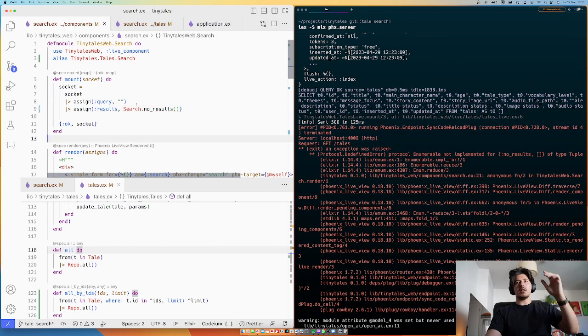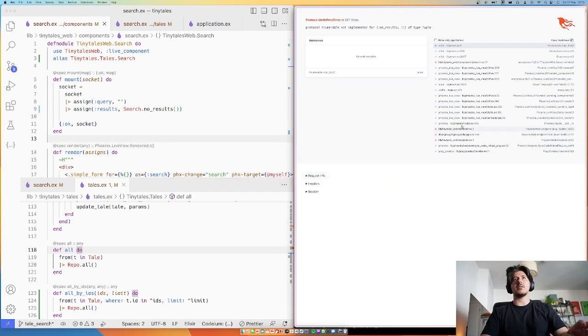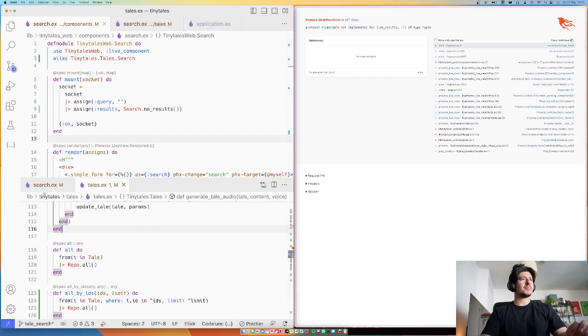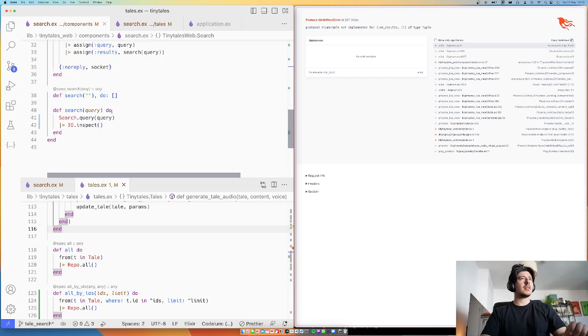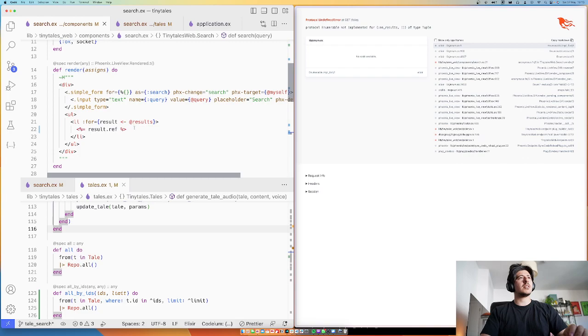That's my initial state. My initial state is going to be that, and then my LiveView is going to blow up because it doesn't know how to render that, which is fine. But let's handle that in a minute. And then here, now I don't return empty, I return Search.no_results. So now I'm always defaulting back to that. So I always expect something in that state, which is good. And then inside of this, now I don't render this anymore. I render,